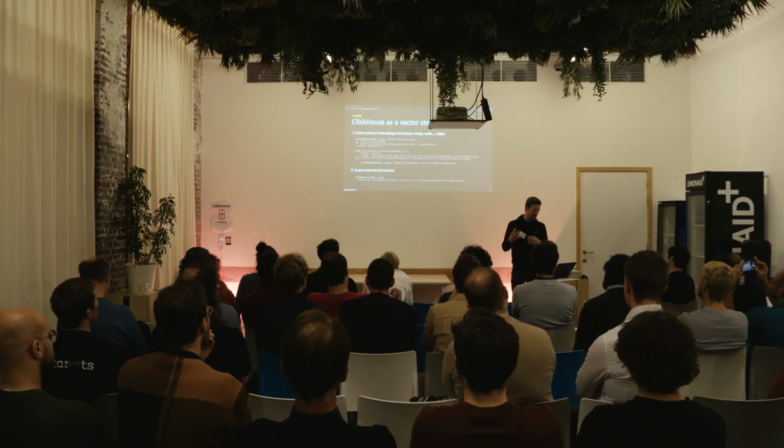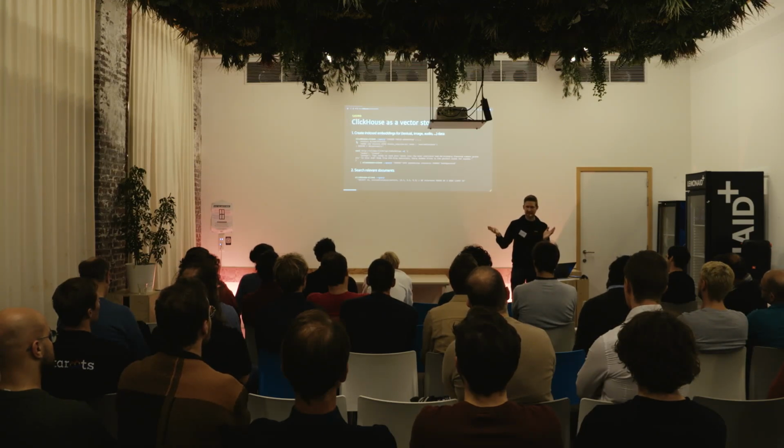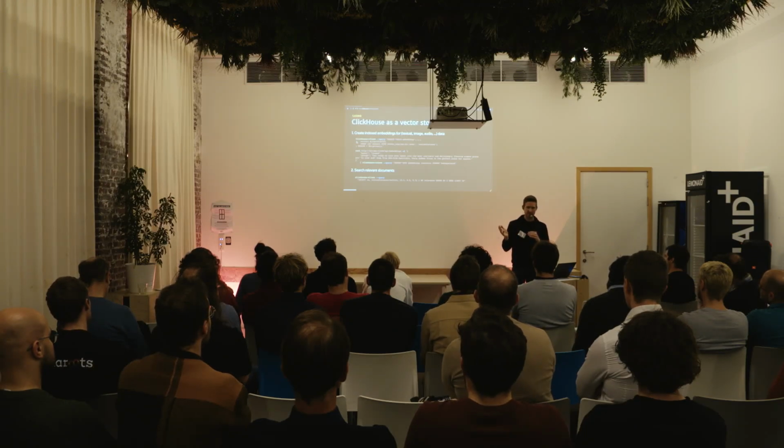So what we are doing here is creating a table with embeddings. The idea is that you're going to encode pieces of data, pieces of textual data for example, so you're projecting them into a vector space to represent them in a standardized way, where you hope that concepts that are very similar have representations that are close to each other in that vector space. So you're going to store those vectors in ClickHouse, and you define a vector similarity index on top of them,